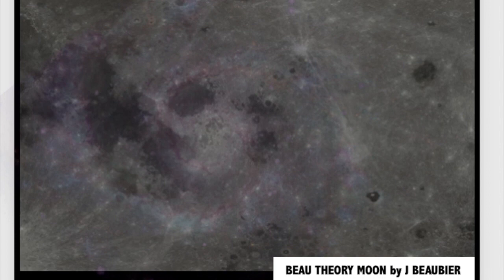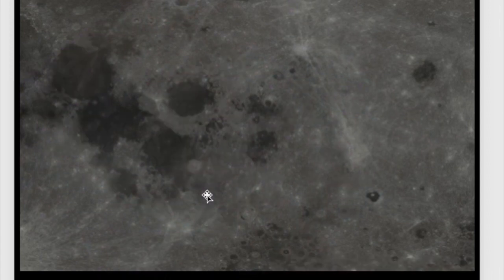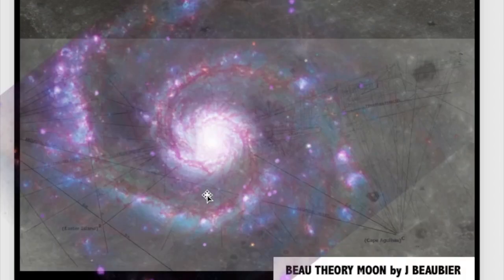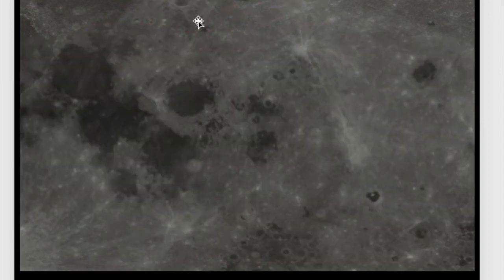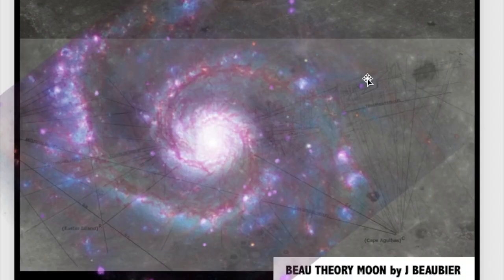But here, this is as faded as I could get the galactic, but you can really see that there's some real congruence here. At least I see it with my stigmatism. So there's just the clean moon, and it looks very different, obviously, than if you look at it as a globular projection, or just like a small piece of it. You can see the streamers. These are actually ray craters, and so they look different on a flat map. They look curved, but